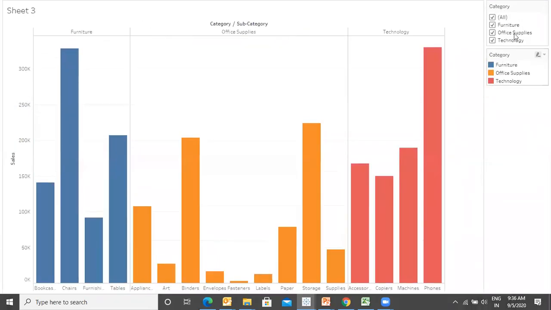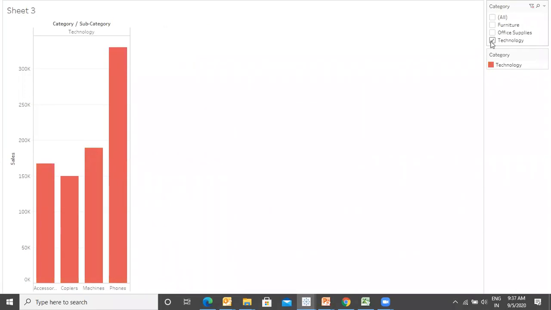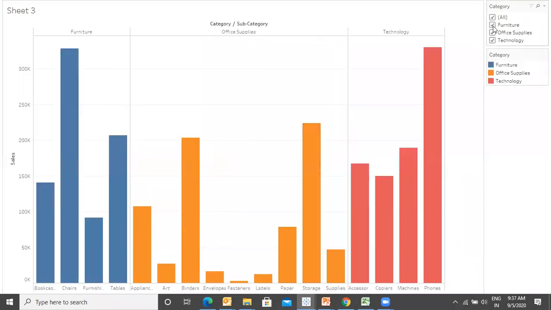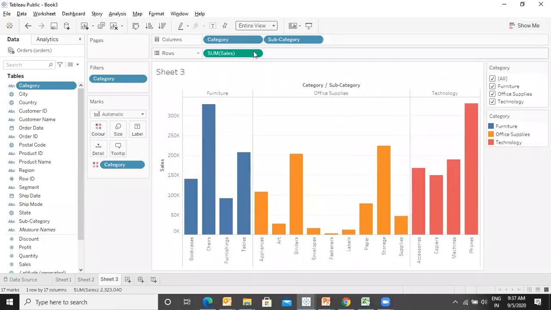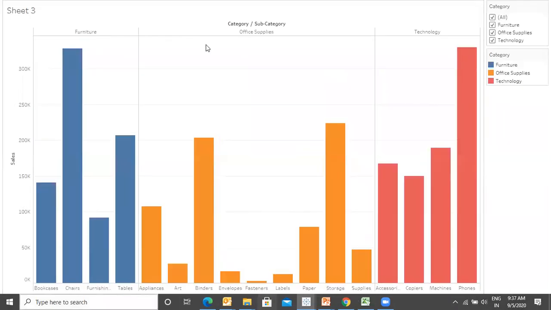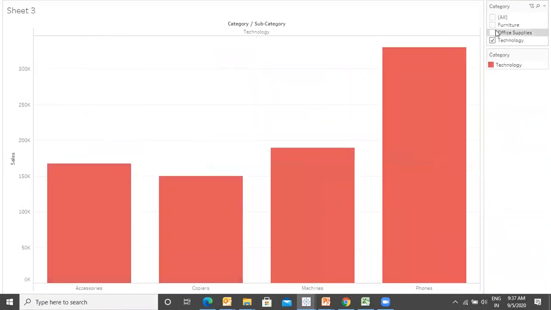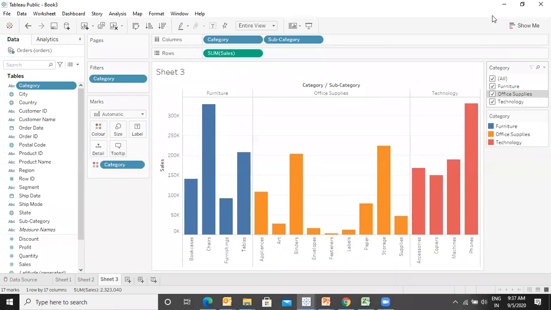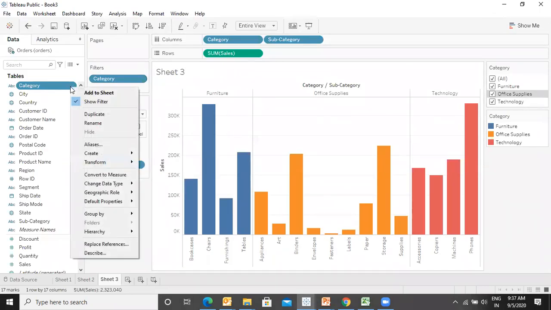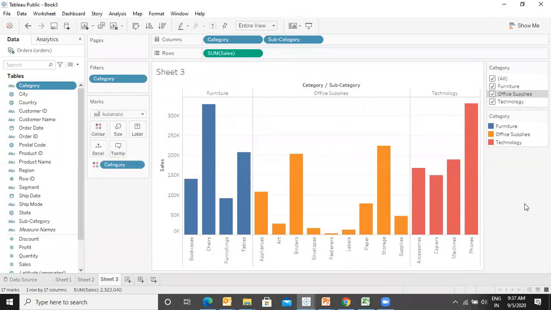Interactive means it can be updated during runtime. Furniture, technology, right? And I have not made it entire view. Now you see, this is your runtime presentation mode. So in your presentation mode, you are able to make changes to your graph. This is known as interactive filter, for which you just need to click on the drop down arrow and say show filter. It will appear over here and you can make an interactive filter. These are very important while you are working in dashboards to make things more attractive and more dynamic.